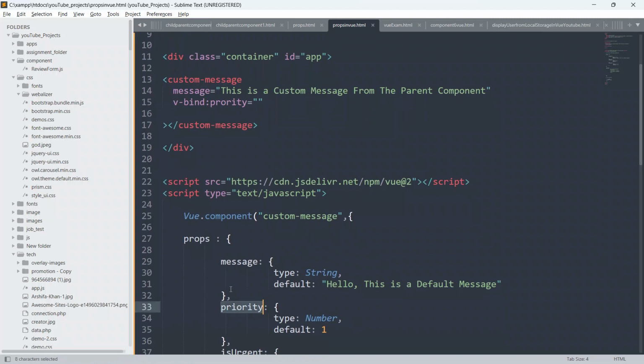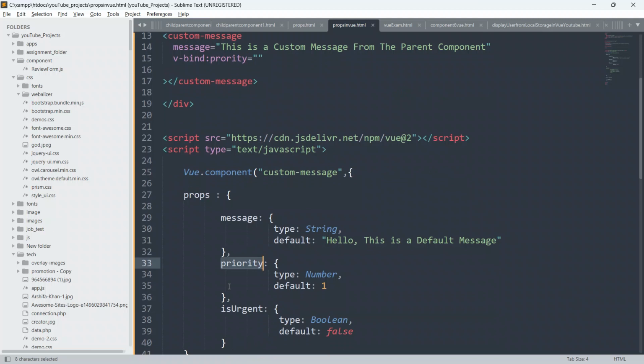So this priority and this priority are the same, okay guys.